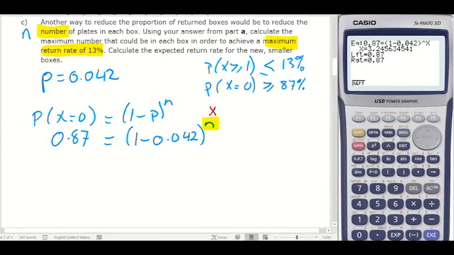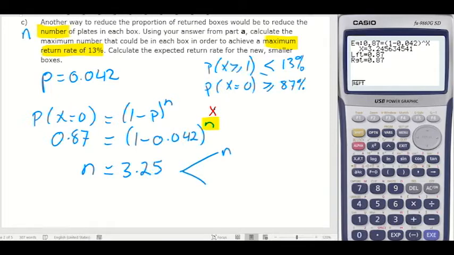So that's my n. So that n is 3.25. Now comes the next extra bit that I need to do when I'm finding n, is I'm finding a number of trials or the sample size, and I can't have 0.25 of a plate. Well, I can, but I can't sell 0.25 of a plate. So we need to round this either to n equals 3 or n equals 4. And we need to work out which of those will give us this required probability of